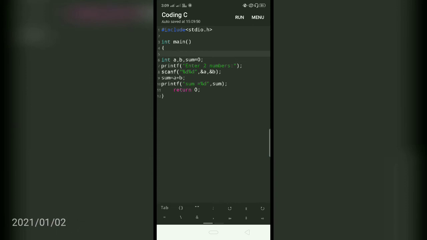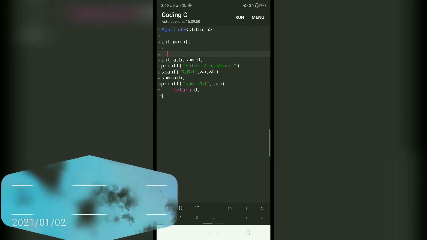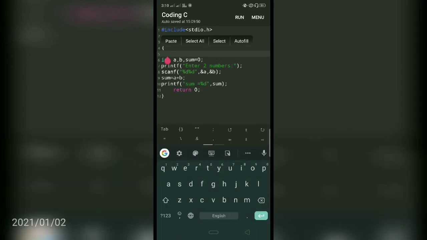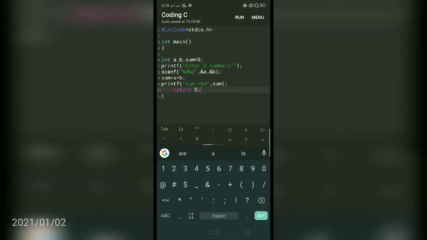Let's see some advantages of this app. First, in normal apps, if we want to type symbols like the modulus sign, equal to, semicolon or double quotes, we have to go and choose them separately. But in this app we directly get this taskbar, so we can apply them directly from here.